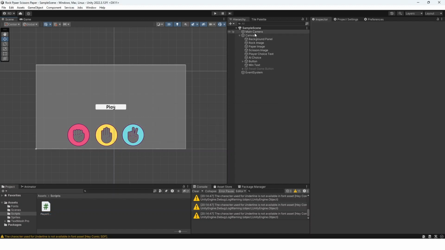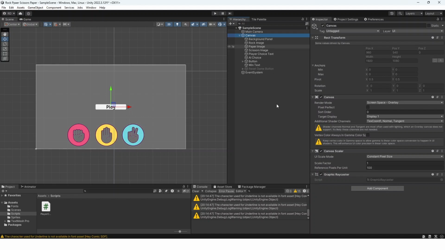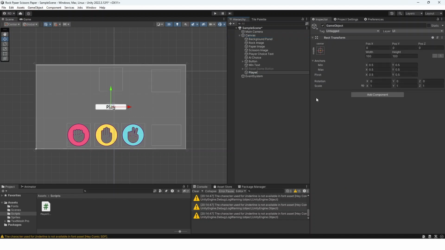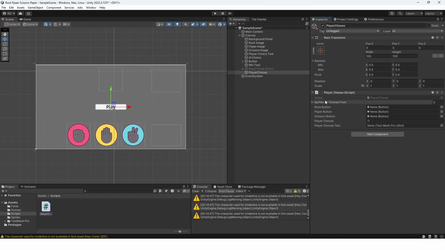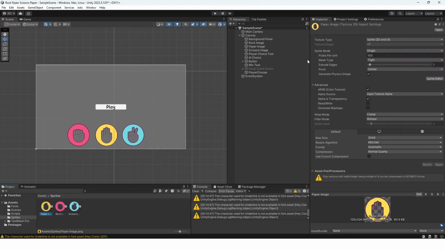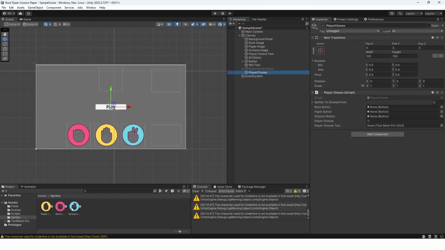Now once we're back in here, we can right click on this canvas and we can create an empty, and we can just name this player choose, and this is just going to have this player choose on inside of it. And then in the sprites to choose from, we can go into our sprites. Right here we can drag in the rock first because rock is 0, then paper, and then finally scissors because scissors is last, scissors is 2. And then rock, paper, and scissors buttons,